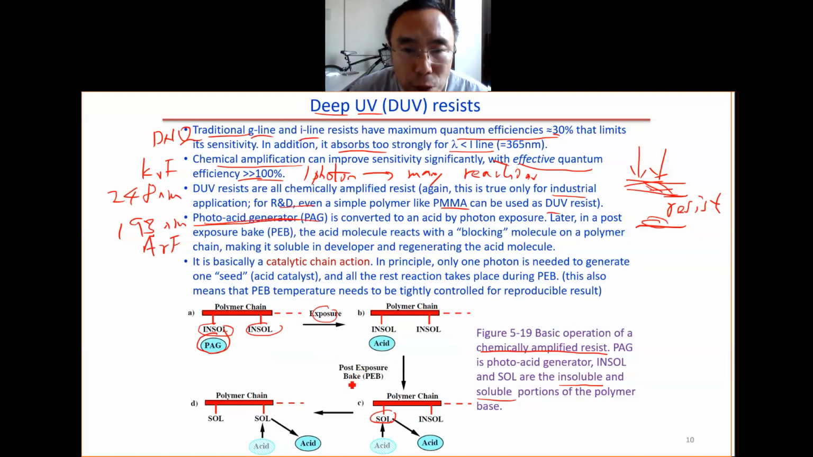And then we bake it. We do the bake, maybe 100 degrees for a few minutes. During the baking process, this acid will react with this insoluble group to make it soluble. At the same time, during this chemical reaction, it releases a new acid. Then this new acid will make another one soluble, then release another acid. Then it will keep going forever. So basically, it is a catalytic chain reaction. So in principle, we need only one photon